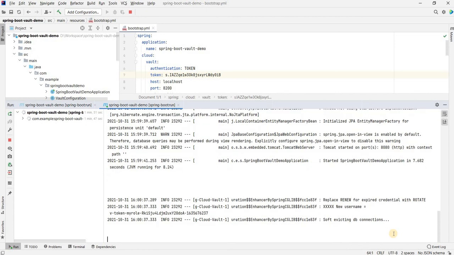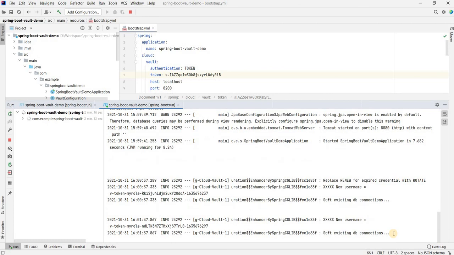So basically, since our TTL was 1 minute, every minute the database credentials would expire and a new one would be given back to the application so that it can do the transactions in the database. So in my application, nowhere do I have an API which goes to the database, but that's how it works. I mean, the Hikari connection has been updated with the new username and password.